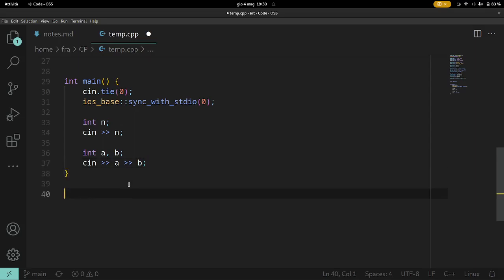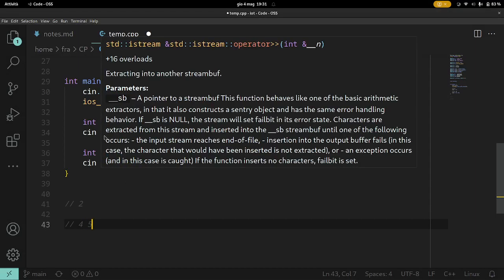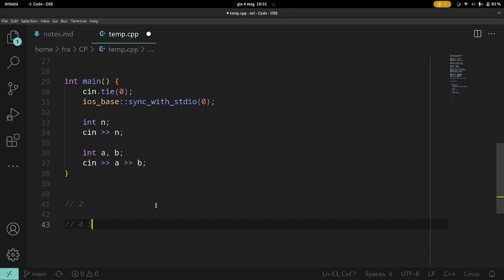So, for example, the input may be something like n equal to 2, which means you have two numbers. Then you can just input them. Maybe you have 4 and 5 as a and b. Then n will be assigned 2, a will be assigned 4, and b will be assigned 5.